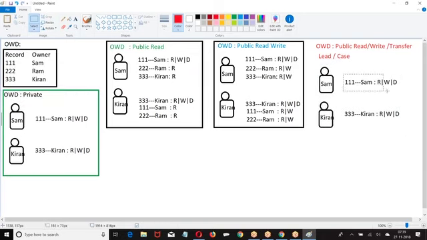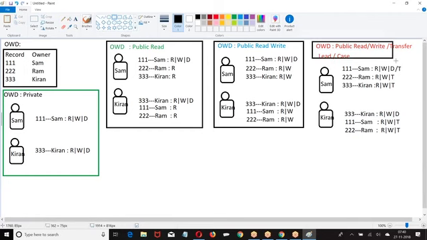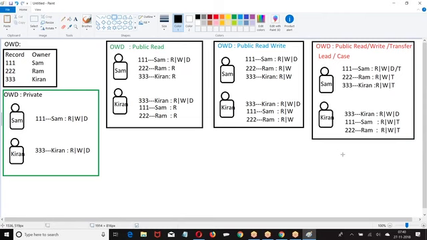These options are available only for lead and case object.